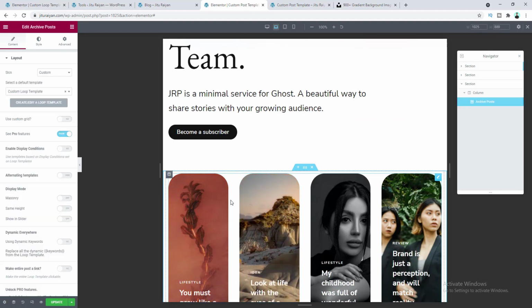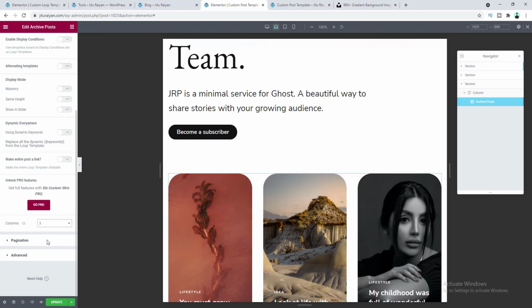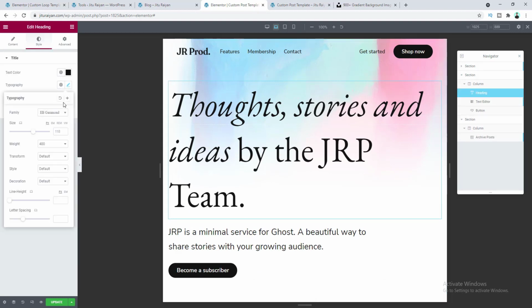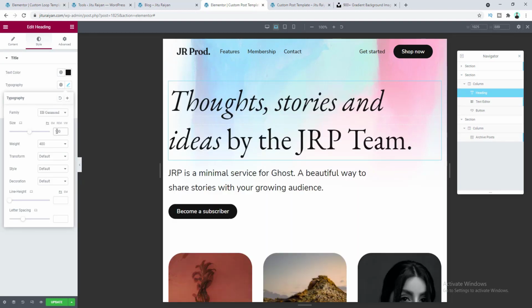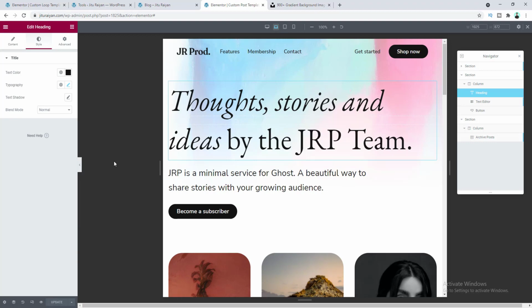So let's go to this option and let's make the column 3. And I also want to fix this heading, it's looking too big for this device. Let's make it 100 pixels. That's perfect. Let's now update this, and now let's check this from all of our devices. So if you go to